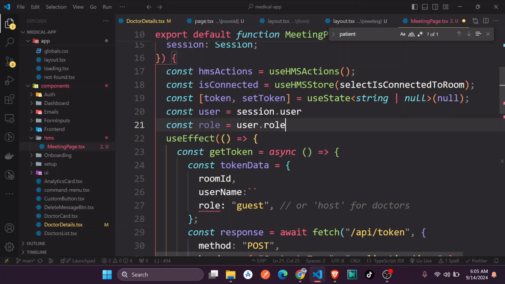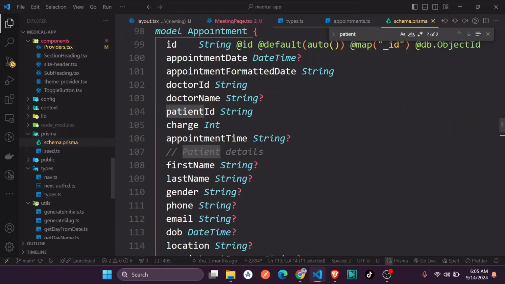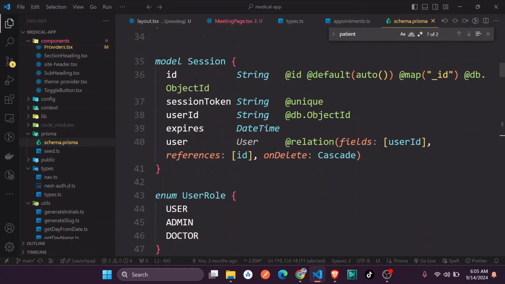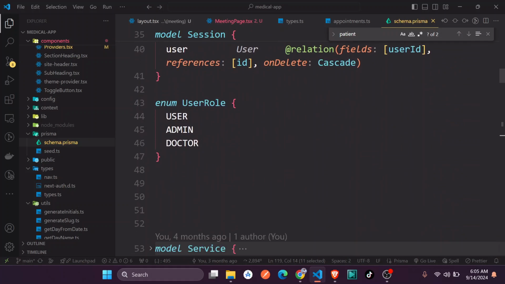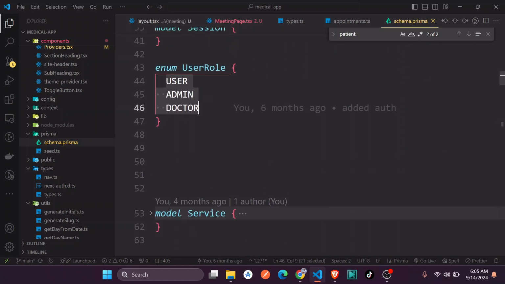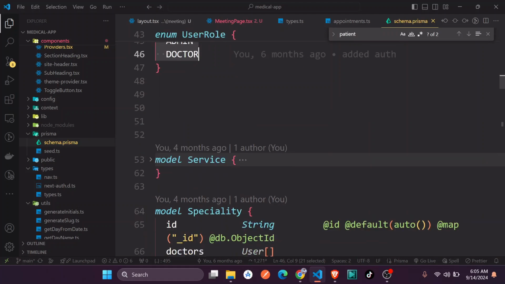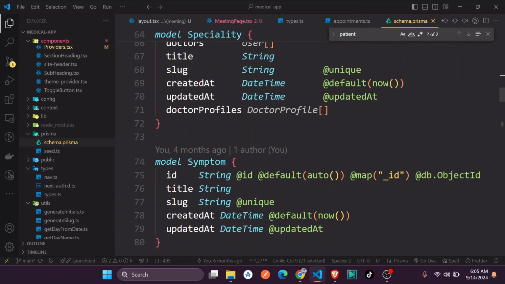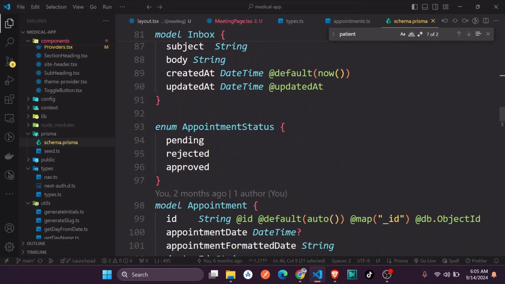And we can briefly visit our schema and look at the roles from the user. So the user roles are here. You can just copy them. So meaning the patient has a role of this. I don't know, the patient, do we have